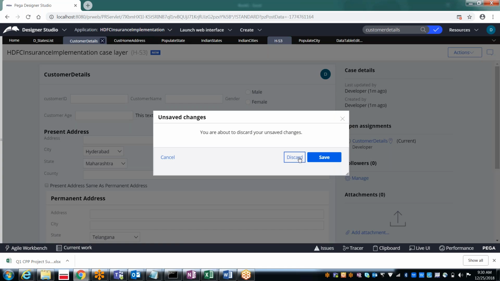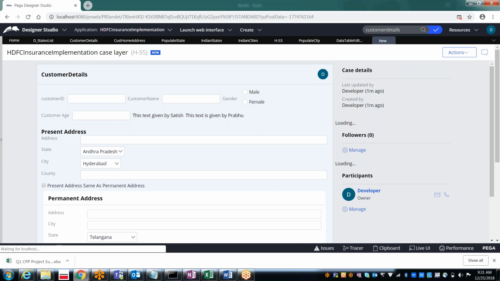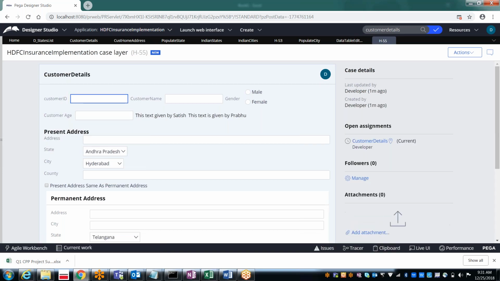Here you have to tell one more thing. There is one more issue which you have to tell. You need to find it and tell me. By default, the drop downs are coming without any reference. Exactly. You are Satish only, right? Yes, yes. Nice, Satish. So here you see the state is Andhra Pradesh, but the city is showing Hyderabad.